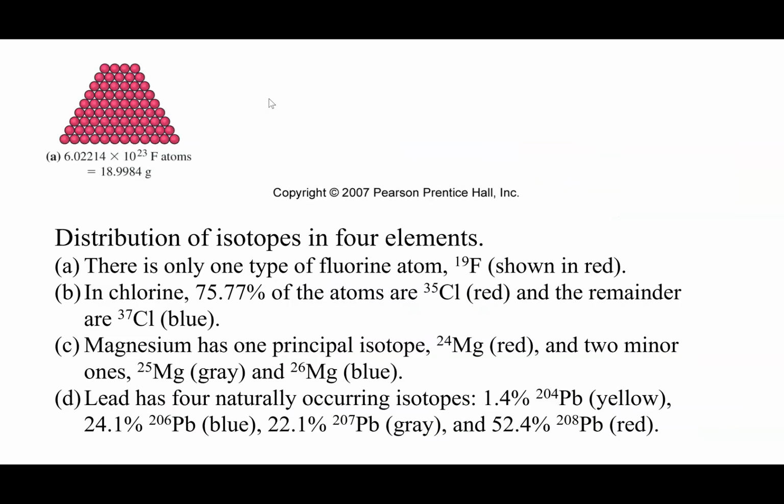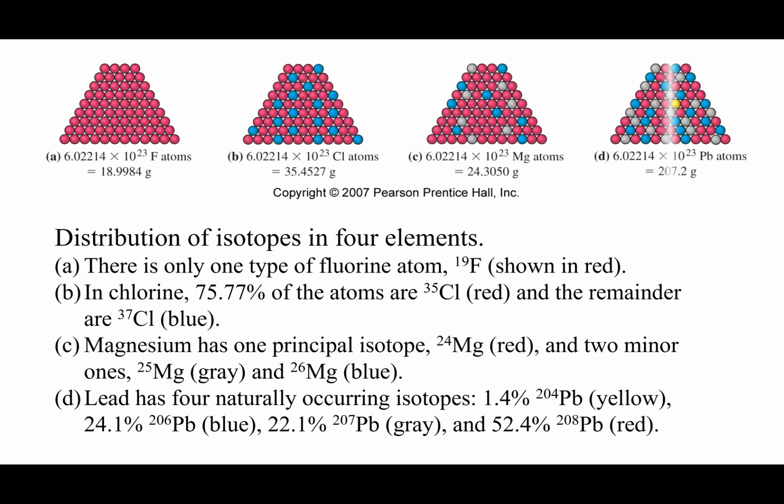Okay. So back to OpenStax. I guess this isn't OpenStax, but this is just to give you a visualization. We have fluorine, chlorine, magnesium, and lead going across from left to right. And you can see, I like lead. Isn't that fun? So you see actually it has 4 naturally occurring isotopes. That yellow there is trying to represent a relative abundance of 1.4%. And if we stay with lead, you can see that that is lead with a mass number of 204. You can see the relative abundances of each of the other 3